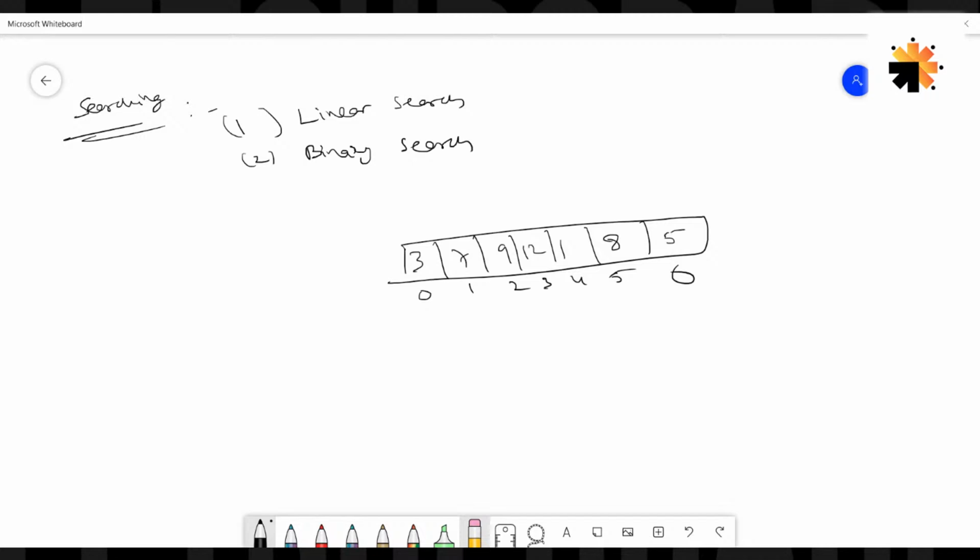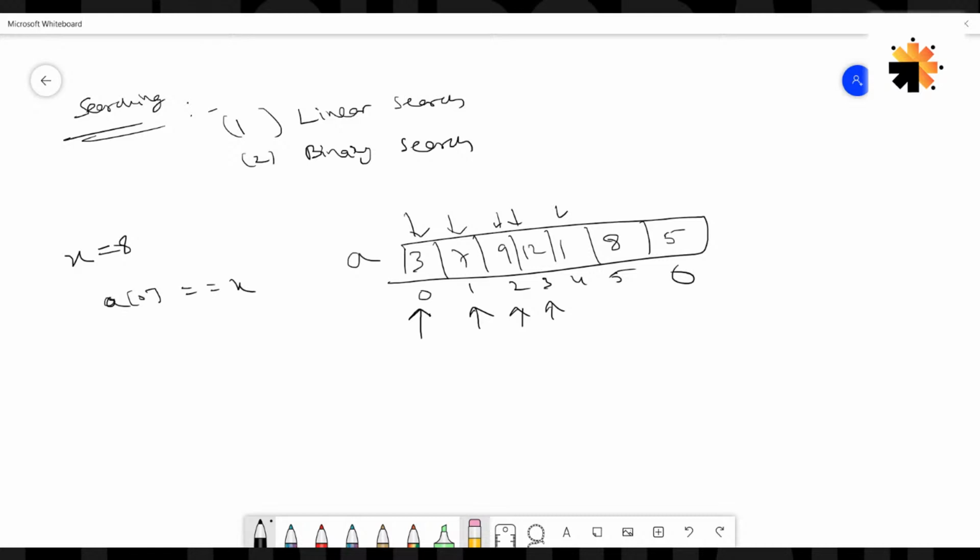So how linear search works is, I'll go to every element and compare them individually. Let's say I want to search for the value x, and we are searching for 8. First we compare with a of 0, where the array name is, let's say, a. Then I'll compare with a of 1, then a of 2, then a of 3. I'll continuously check whether a of 0